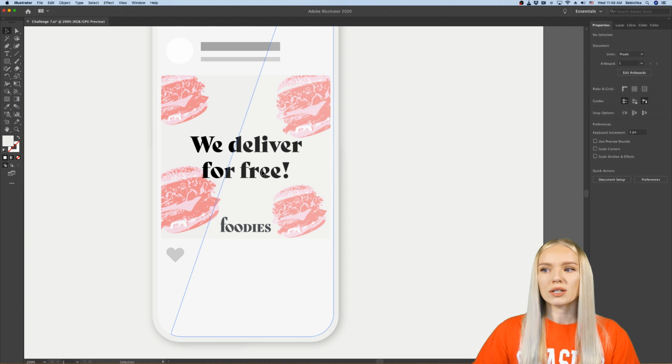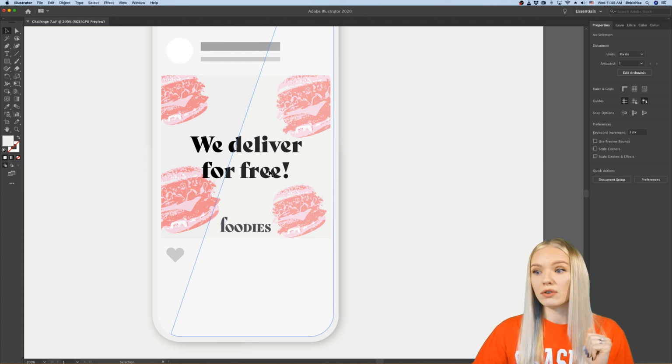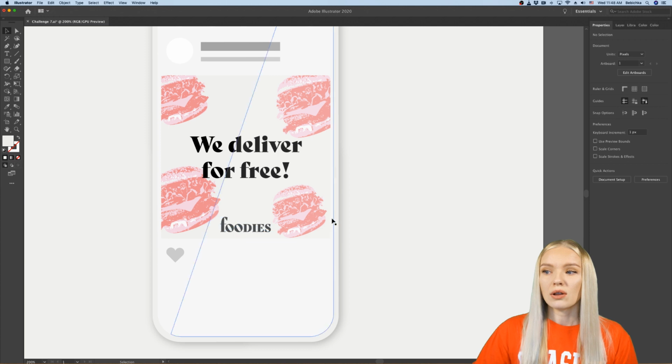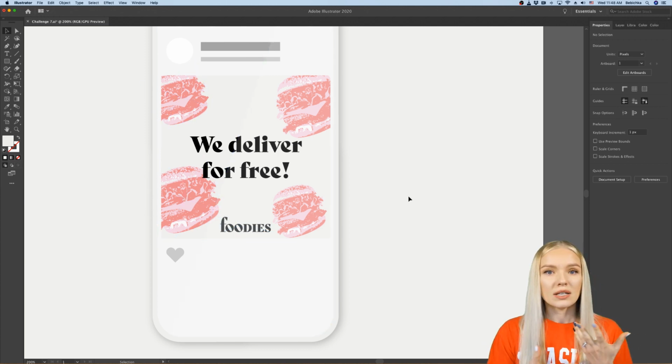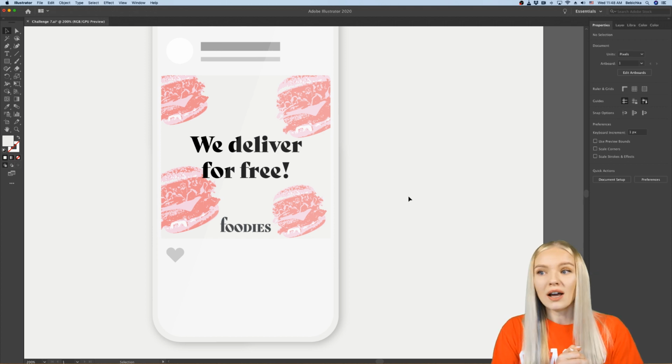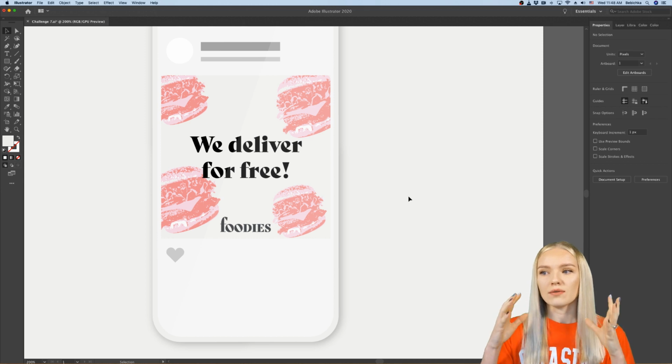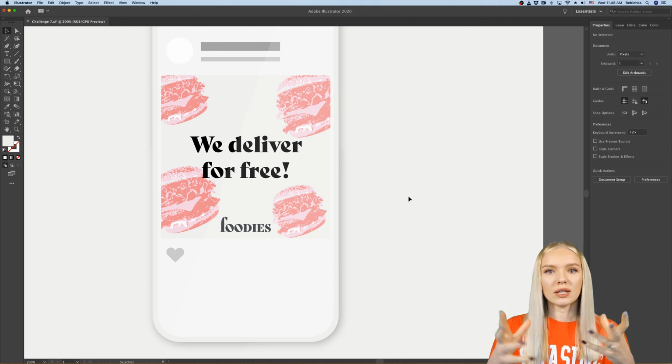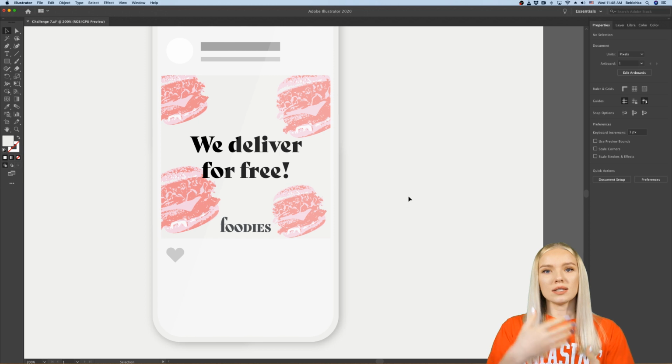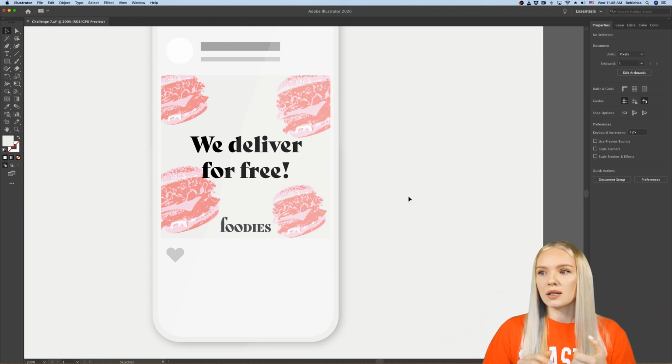Most important information is that they're delivering for free. And then you see the logo, and then you see the burgers in the back, and it kind of is looking appetizing, so you maybe get hungry. So this is the way you want to communicate with the client. There always has to be the most important information that's visible at first, then secondary, and whatever is not that important is on the third place.